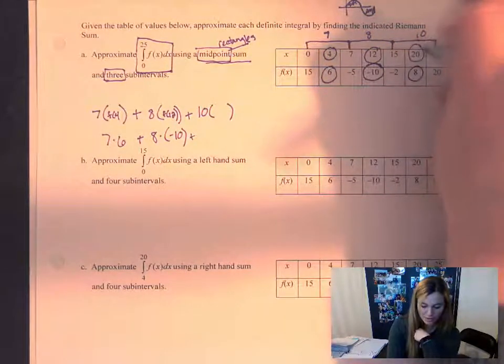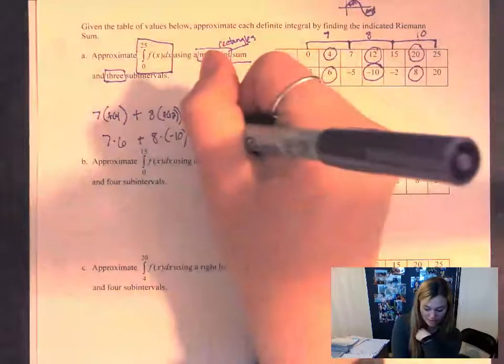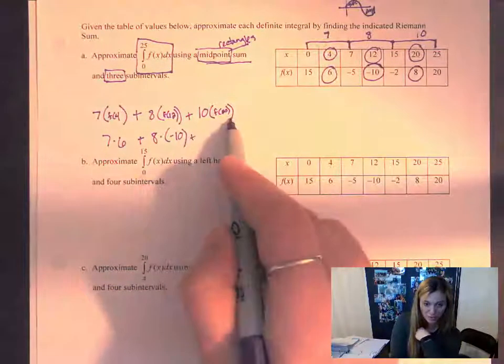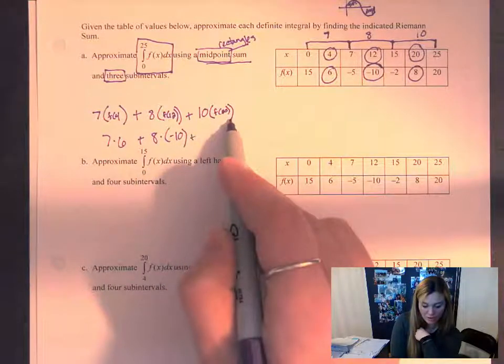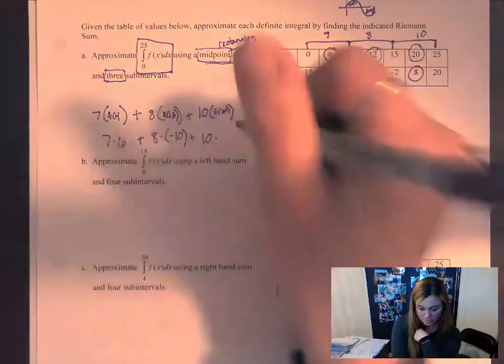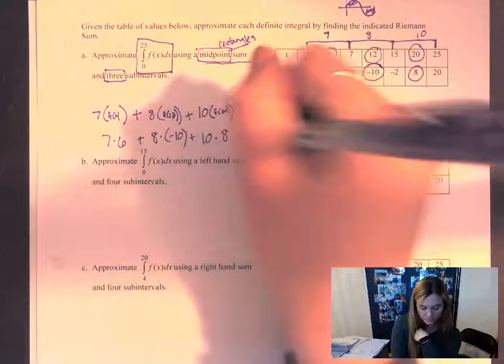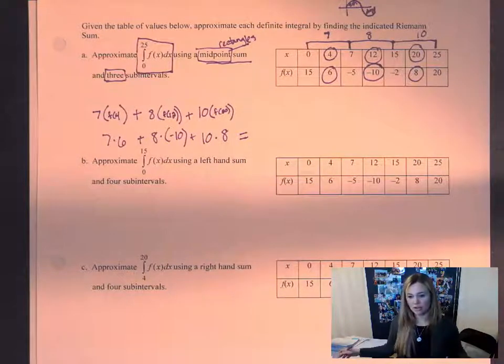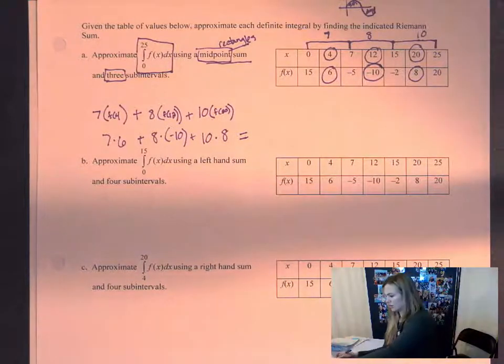I would use times 8, or I could say f of 20. This is an x value, this was a y value, or the distance between the x's, this is the y value. So I'm going to say 10 times 8. And then from that point, easy peasy lemon squeezy, you're just figuring out what these numbers are, which, looking back at old me,